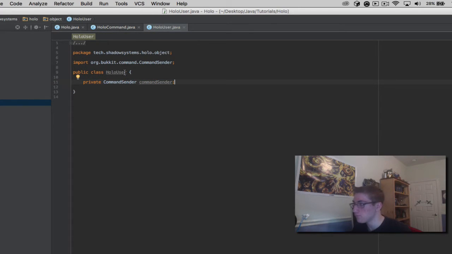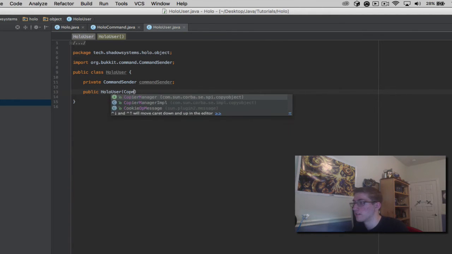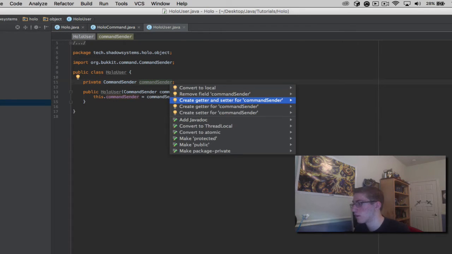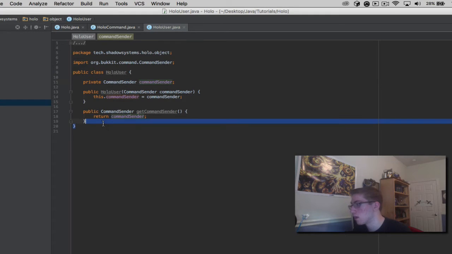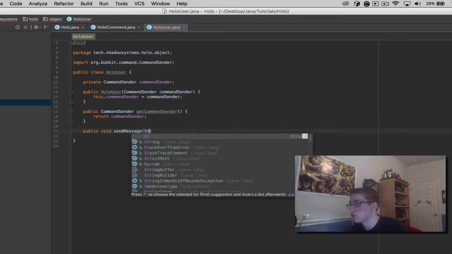So let's now make our constructor here. We're going to have public holo user command sender. We're going to say, oops, I keep doing that, command sender, this dot equals. Okay, so we're going to go ahead and set that object in here, and we're going to create a getter inside of there. We're going to go ahead and have a public void send message, string message,